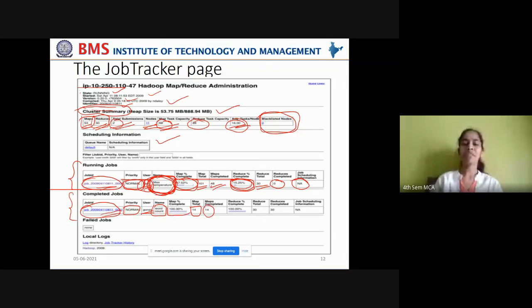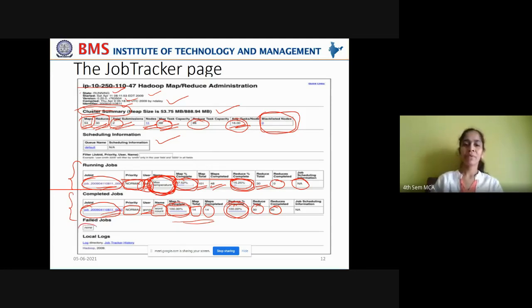So you can see the status as 100% map tasks completed. Again, you can see number of reduced tasks 30, reduced tasks completed are 30, and you can see that all 100% reduced tasks are completed. Okay, this is for a completed job. That is why you can see all the map and reduced tasks completely executed, right?